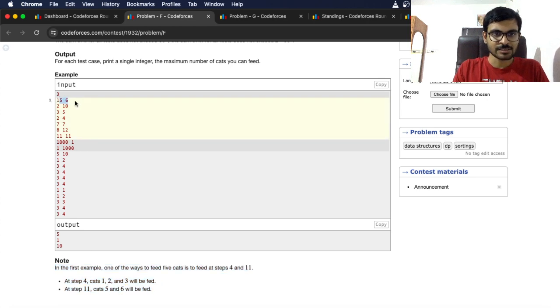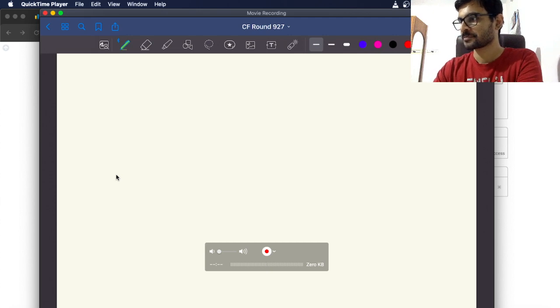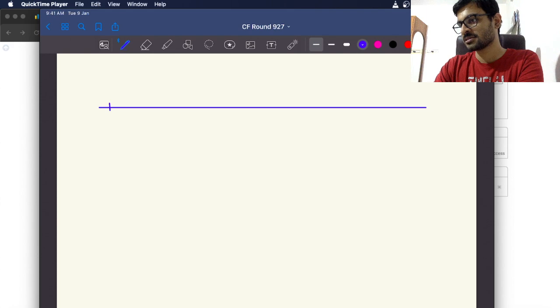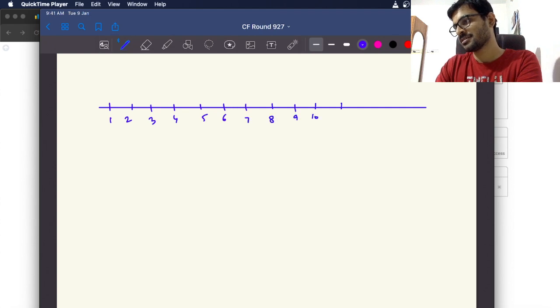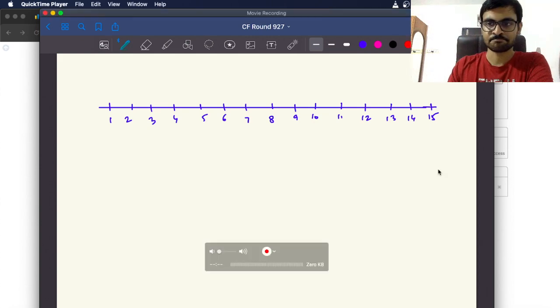So if you look at this 15.6, from 1 to 15 we have these steps. We can draw a number line to understand this. 1, 2, 4, 5, 6, 7, 8, 9, 10, 11, 12, 13, 14, 15. Now over here